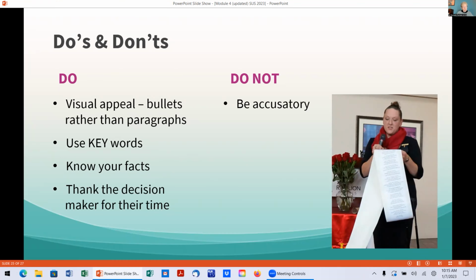Don't be accusatory or partisan in your comments. That will just turn off people and they won't listen to you. And don't go over your time or space limitations. As we said, 3 minutes is about the most that you get for your hearings, and oftentimes it'll be much less than that. So you want to be prepared to know how you could do your paper in 3 minutes, 2 minutes, 1 minute, even 30 seconds. What would you say? What's the important thing that you want them to know?